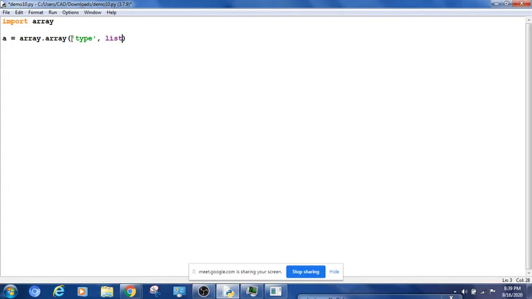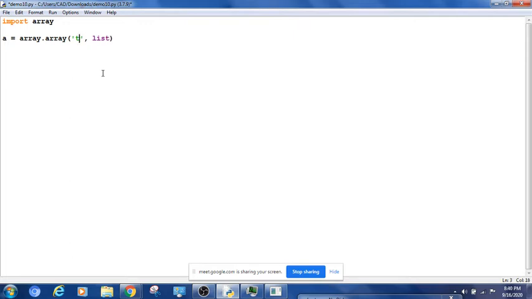That list goes here. If you do not want to pass a list and you are just giving a type, that means you are creating an empty array. Of an integer, of a float or whatever the type. But if you want to create an array with some elements, then give the list here. Hope you are understanding.